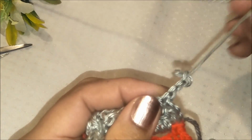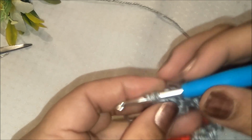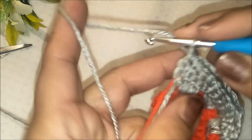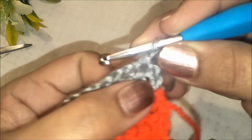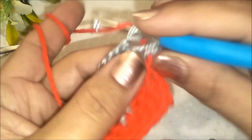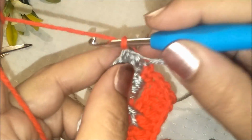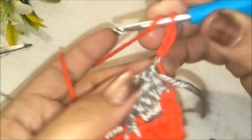We are going to change color. I'm going to take the red color, the red yarn, pull it through the last one, and I'm going to start the round with it. 3 chains, again 3 double crochets in the chain 3 space, and